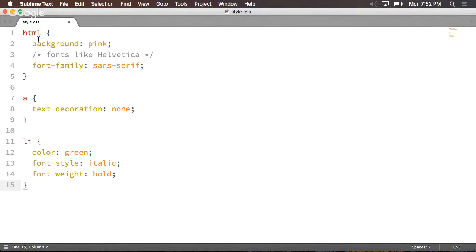We've got 3 rules. This CSS file has 3 rules. Here's rule number 3, rule number 2, rule number 1. Each one of these rules has some parts to it. The very beginning is what's known as the selector. These are selectors. They're essentially telling the browser to select something on